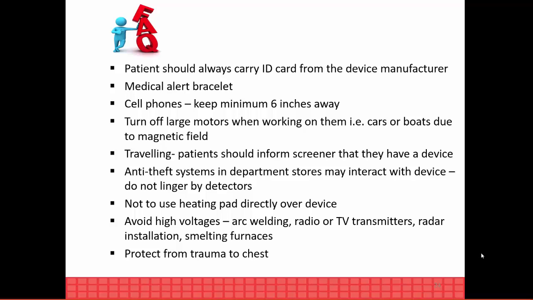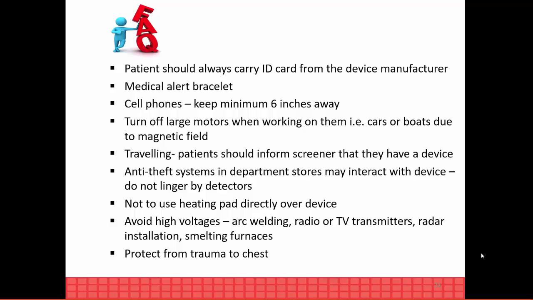Cell phones are permitted to be used. We just advise that the cell phone is not carried in a breast pocket, for example. It should be at least 6 inches away from the device, so use the phone on the opposite ear of implant. Large motors, for people that are working on engines, emit a magnetic field that may inhibit pacing, so that is not advised. Patients are able to travel and go through the anti-theft systems. When traveling, just notify the screener that they need to be